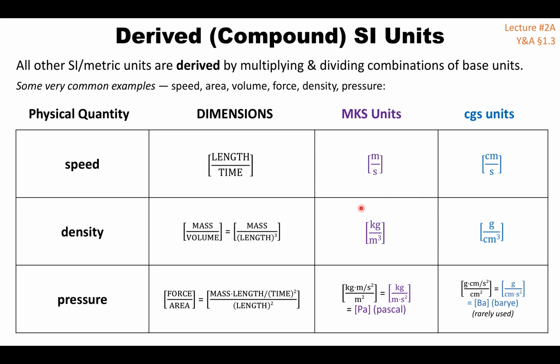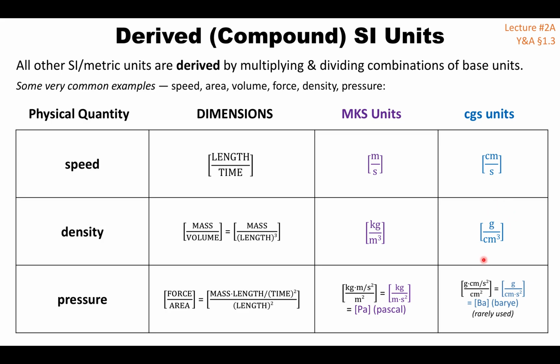Density is defined as a mass divided by a volume. Well, we recognize mass as already being a fundamental or base quantity, so we can just plug in the MKS or CGS units for mass. But volume is not a base quantity. In fact, volume is itself a derived quantity. A volume is a length times a width times a height, or in other words, length cubed. So I plug in the MKS unit for length and cube it in the denominator, or the CGS unit for length and cube it in the denominator. And I wind up with kilogram per cubic meter or grams per cubic centimeter as the MKS and CGS units